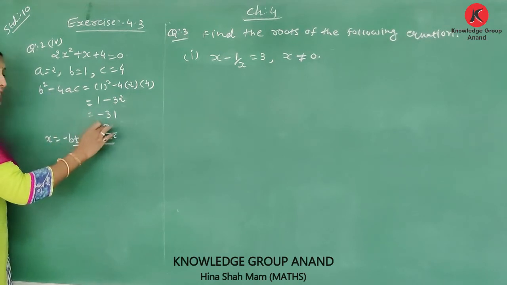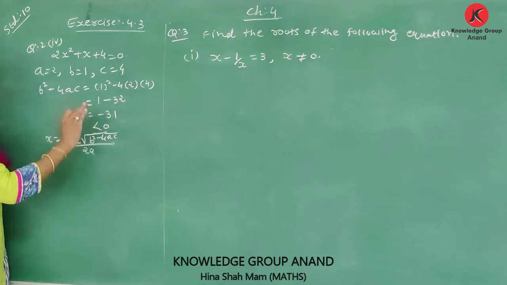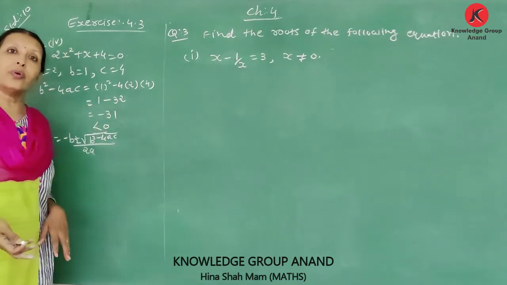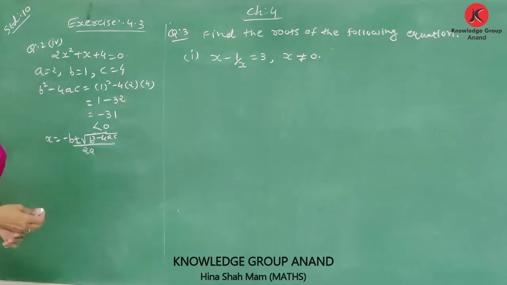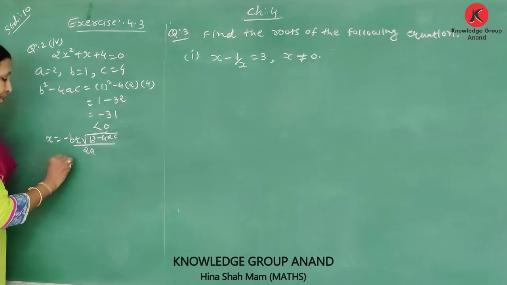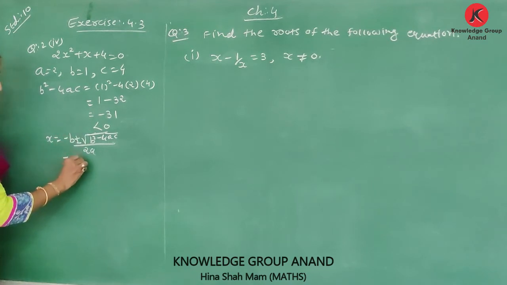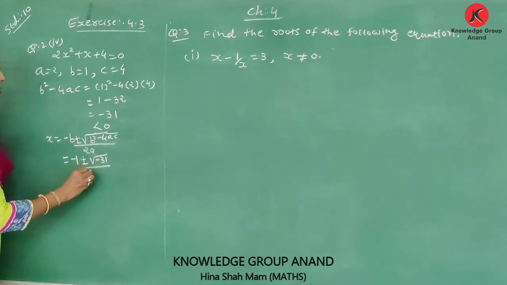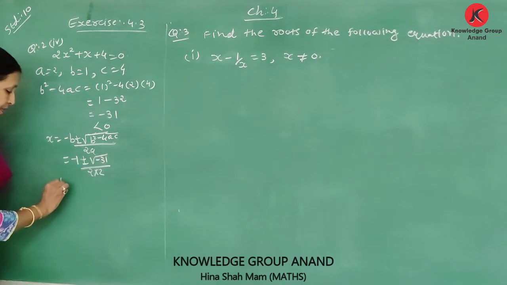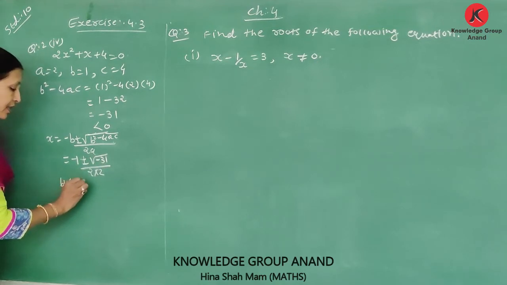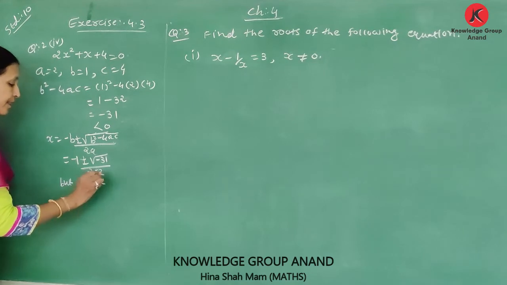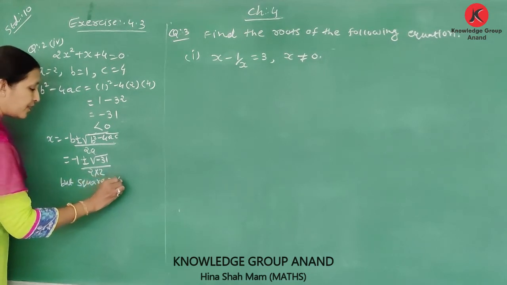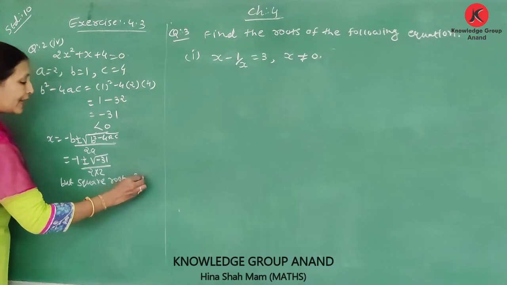Since b square minus 4ac is less than 0, therefore the equation has no roots. x has no real value. Therefore, the equation has no roots. Here I will write minus b, minus 1, plus or minus under root minus 31 upon 2 into 2. But the square root of a negative number